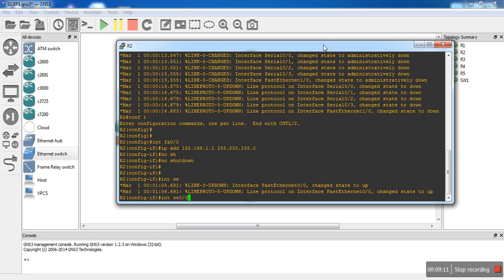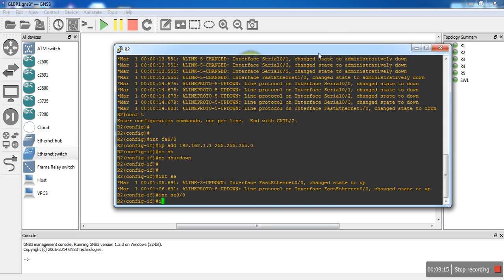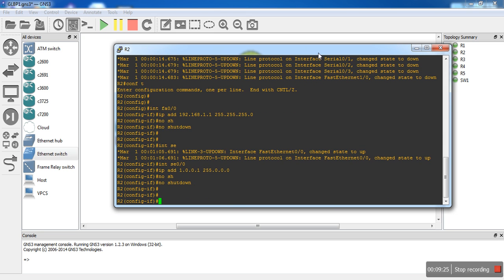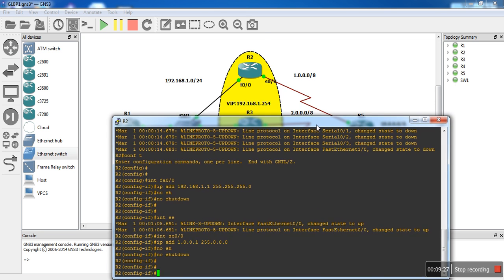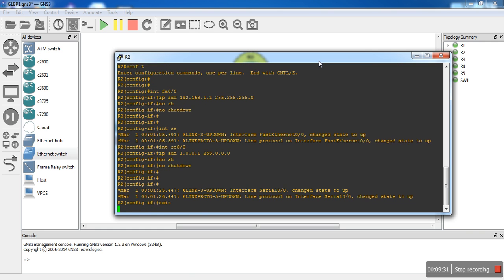Interface serial 0/0, and its IP address is going to be 1.0.0.1, 255.0.0.0, no shut. Okay, this is done, and these two are done. So I need, exit, router